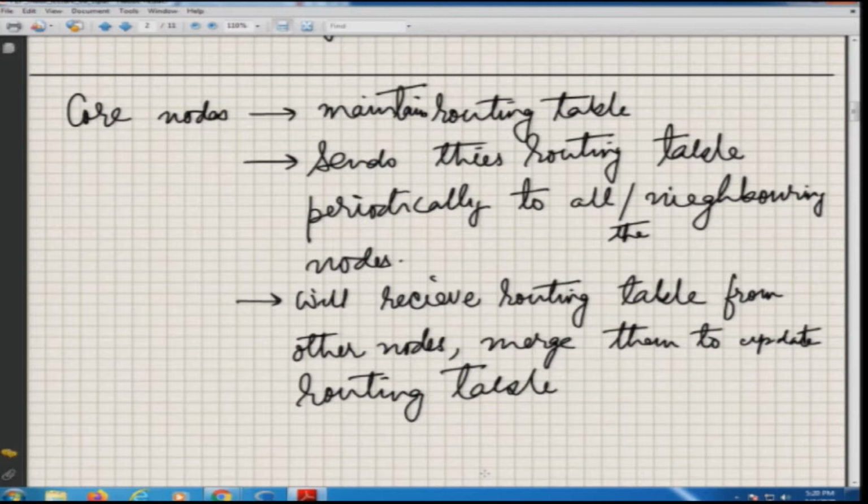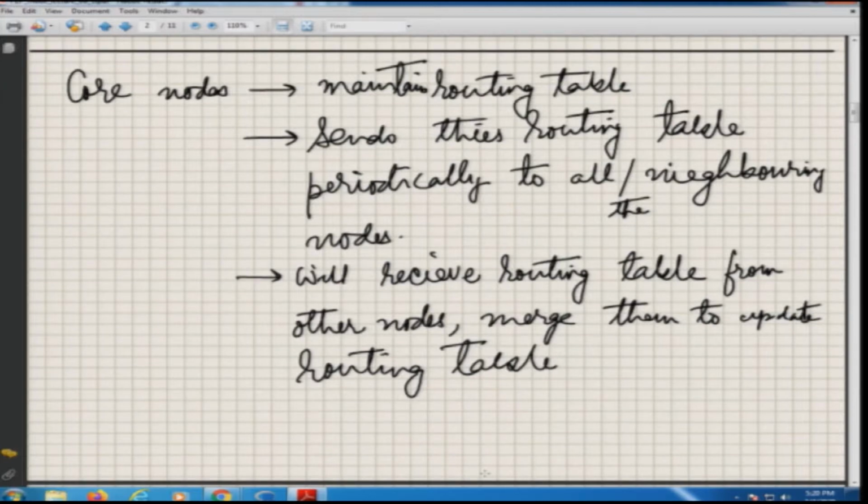So, what are the core nodes going to do? Obviously, if they are forwarding messages, they must be maintaining a routing table, and once they maintain a routing table, it needs to be updated periodically. As I had mentioned earlier, the way we maintain or update routing tables is that everybody will send a copy of its own routing table to all of its neighbors.